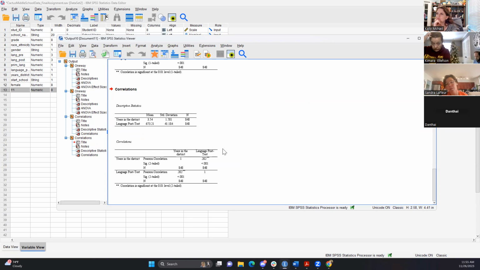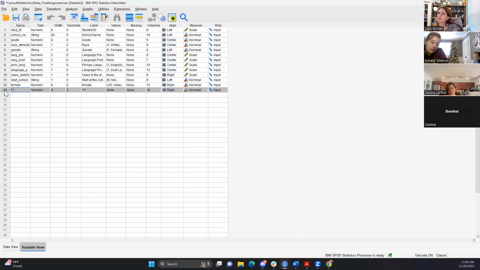So maybe we have to break them up like we were trying to do at the beginning, where you have a variable that is students with 1 year, students with 2 years, students with 3 years, 4 years, 5 years, 6 years, and then you would put them in there all of them, along with years in the district. Would we break them up the way we were doing by transforming that years in the district? And then the question would be, can we do it all in the same variable like Sandra was suggesting? We can, I don't know how to edit this one, so I'm really just going to clear it and start over.